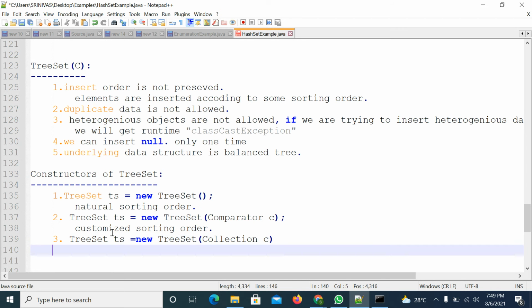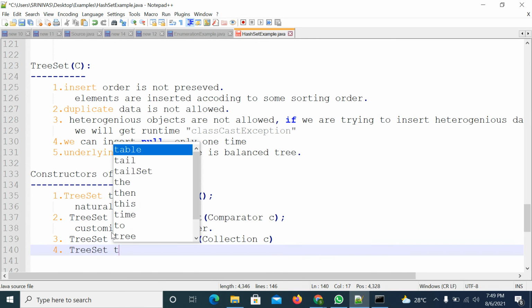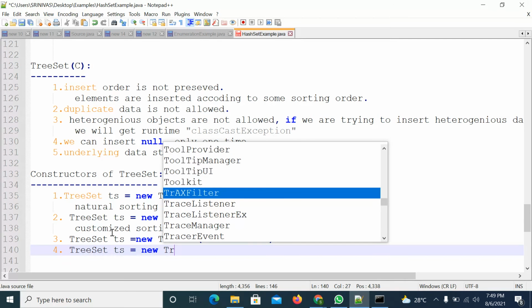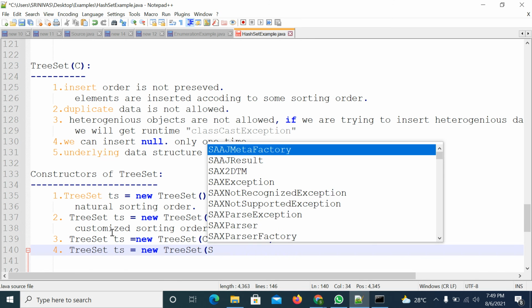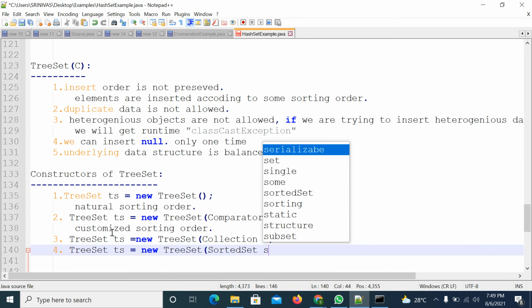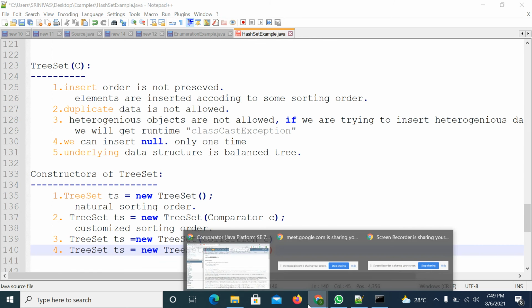And fourth way, you can create a tree set by passing an existing sorted set. So in these four ways, you can create the constructors.